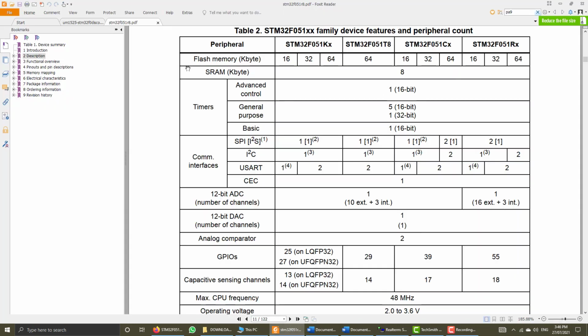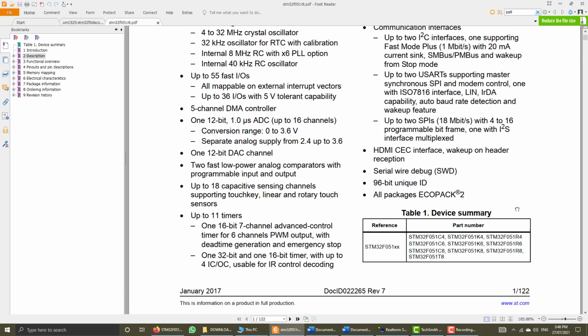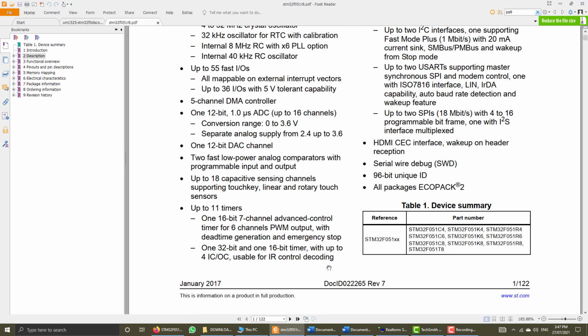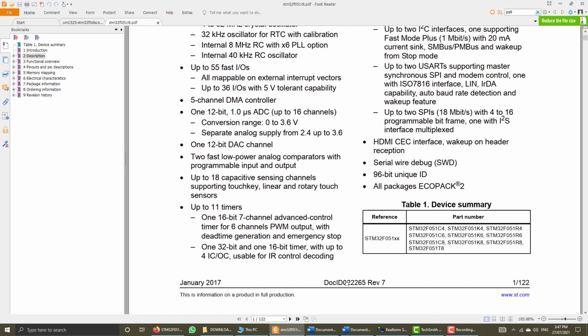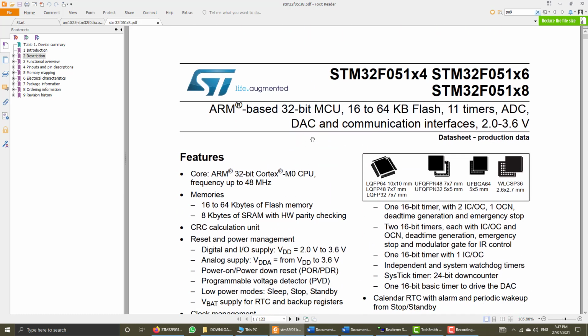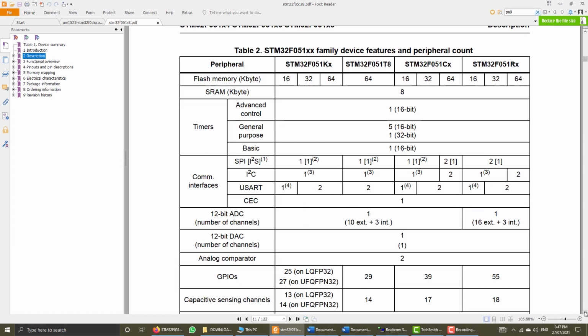As we know, here I have opened the data sheet of the microcontroller, and the document ID is DOC 22265. You can search for this in Google to get this data sheet, and we will go to the description section, and we will scroll down one page, and here we come to the comparison chart.